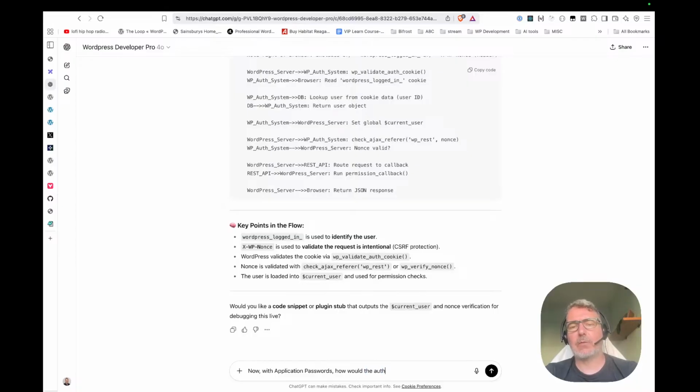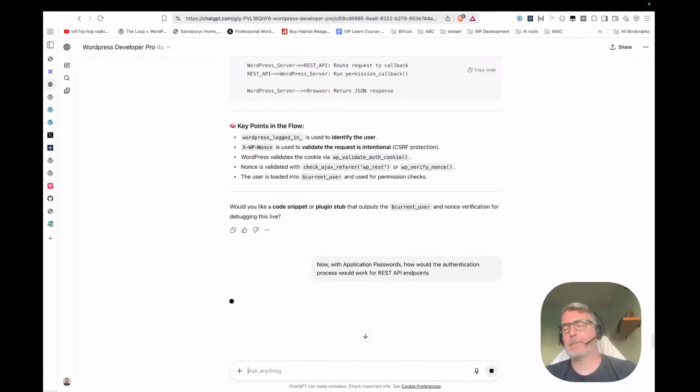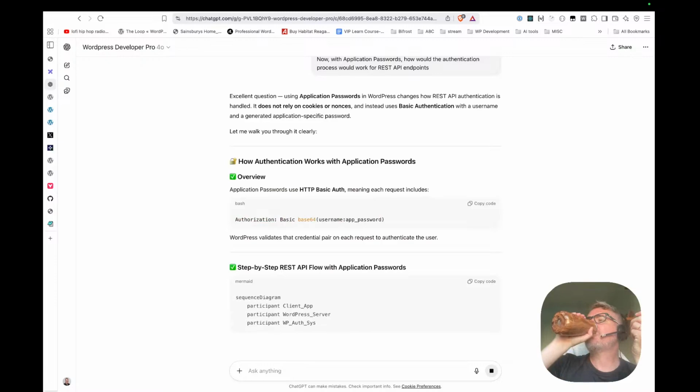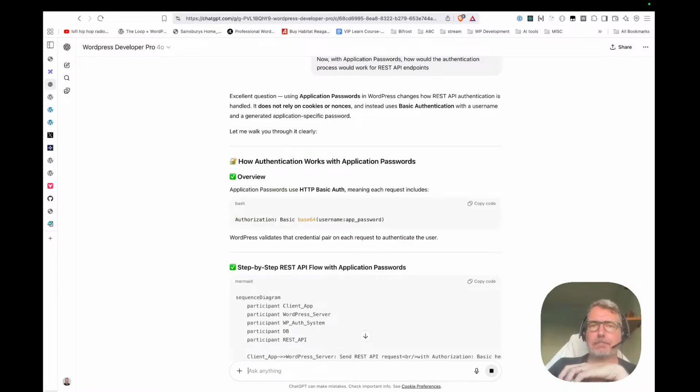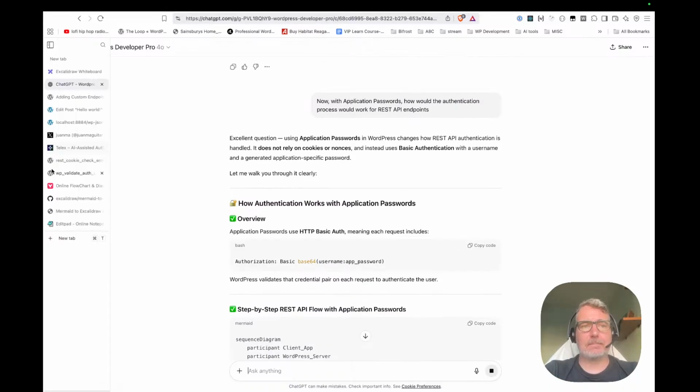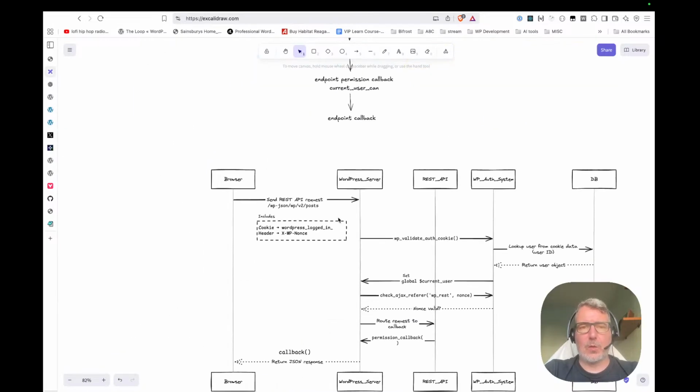How would the authentication process work for REST API endpoints? Okay, so in this case, we don't have